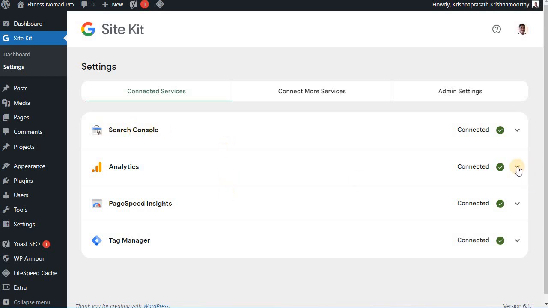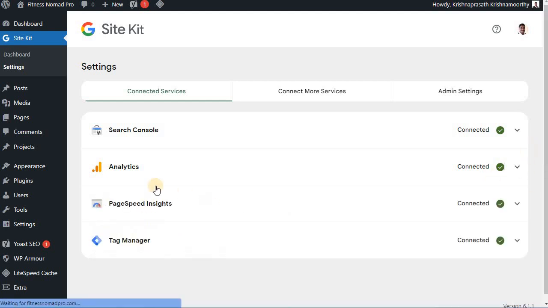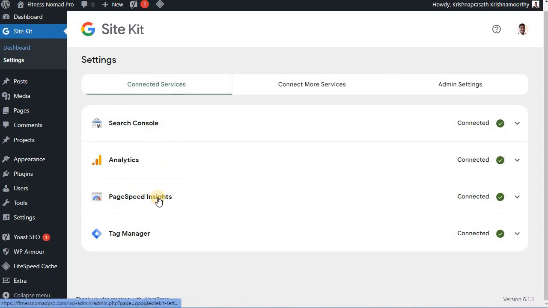And Google Analytics, even if you haven't set it up through this plugin, you can set it up easily. Google Analytics will guide you through the steps to set it up, and you can set up all the Google Analytics properties through this plugin. The reason I'm showing you this is that once you go to the dashboard, you can see all these performances in one area rather than logging in to different websites, which can be time consuming. So this is a very easy process, and there are additional benefits as well, which I will come to, especially